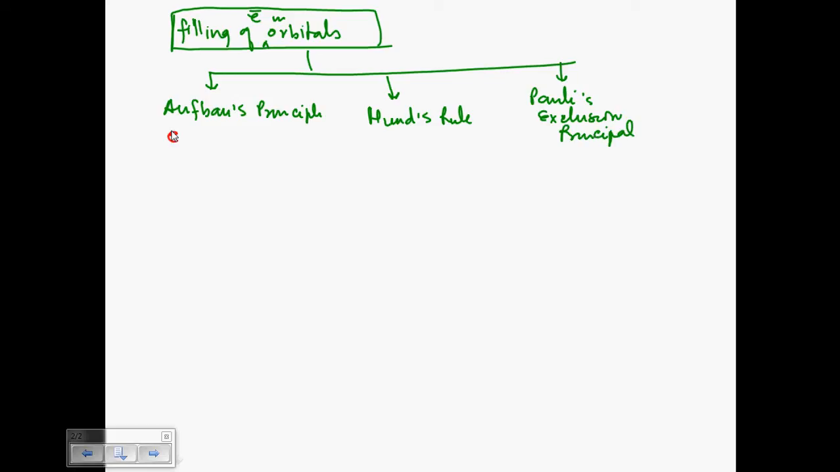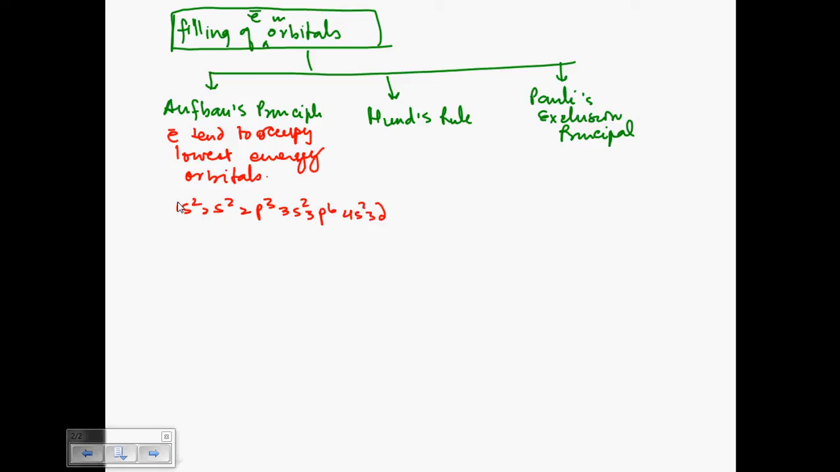Aufbau's principle says that electrons tend to occupy lowest energy orbitals. So remember, we write that 1s2, 2s2, 2p6, 3s2, 3p6, 4s2, 3d. So this dictated that 3d comes before 4p, right? So this was Aufbau's principle, and you must remember exceptions to Aufbau's principle are copper and chromium, where